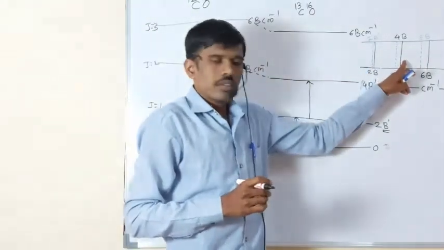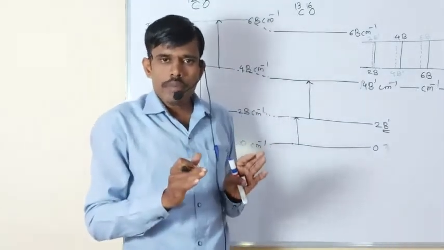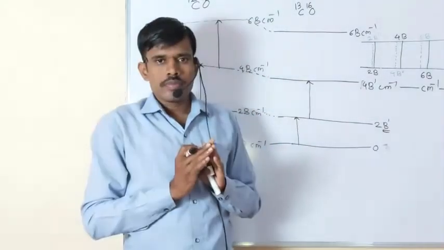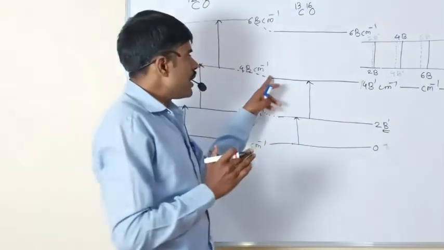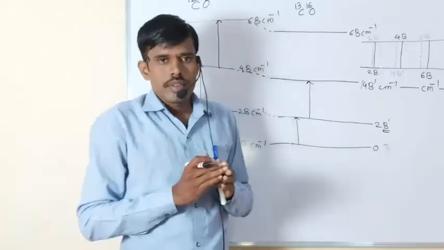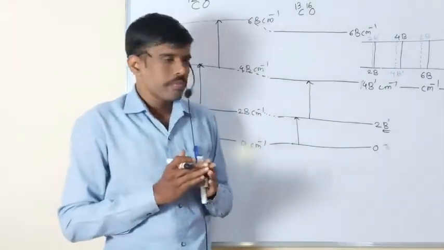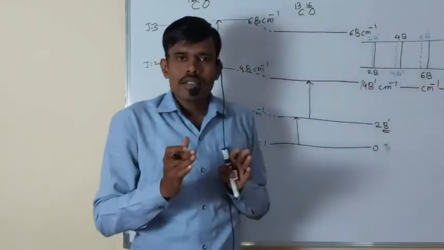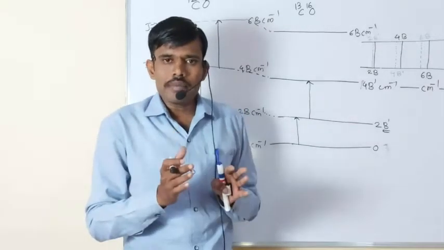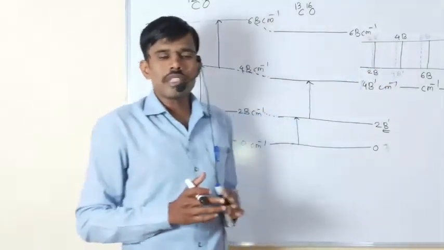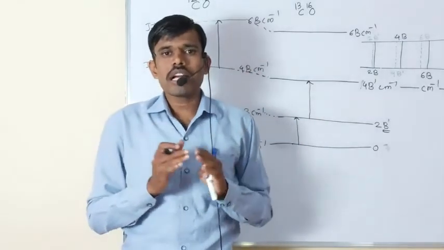The second line which is observed in the spectra is due to the transition of molecule from J equal to 1 to J equal to 2. In this transition also, the energy levels decrease. Due to decreasing energy levels, due to replacement of atom with an isotope, the line which is observed in the spectra after replacement of atom with an isotope is below that of the line which is observed in the original carbon monoxide spectra.